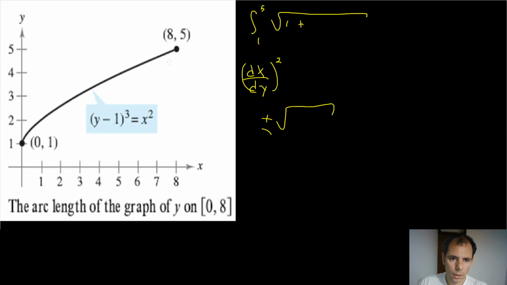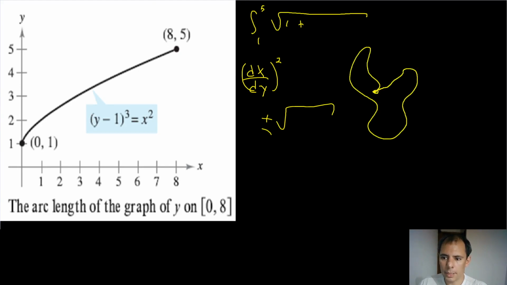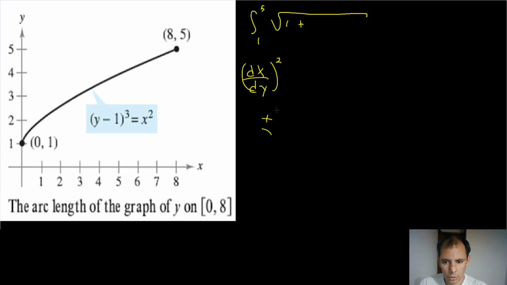Just to make it clear, let's just say that you're here with your car and you do this, and you end up in the same place. Now, what was the displacement? The displacement was the final point minus the initial point, the coordinates at the final point minus the coordinates at the initial point. Since you ended up in the same place that you started from, the displacement is 0, but the distance, you had to go through all this distance in here. So the distance is greater than 0, but the displacement is 0. And when you're talking about arc length, we cannot have a negative length. So I guess you don't have to worry about the minus. But anyway,